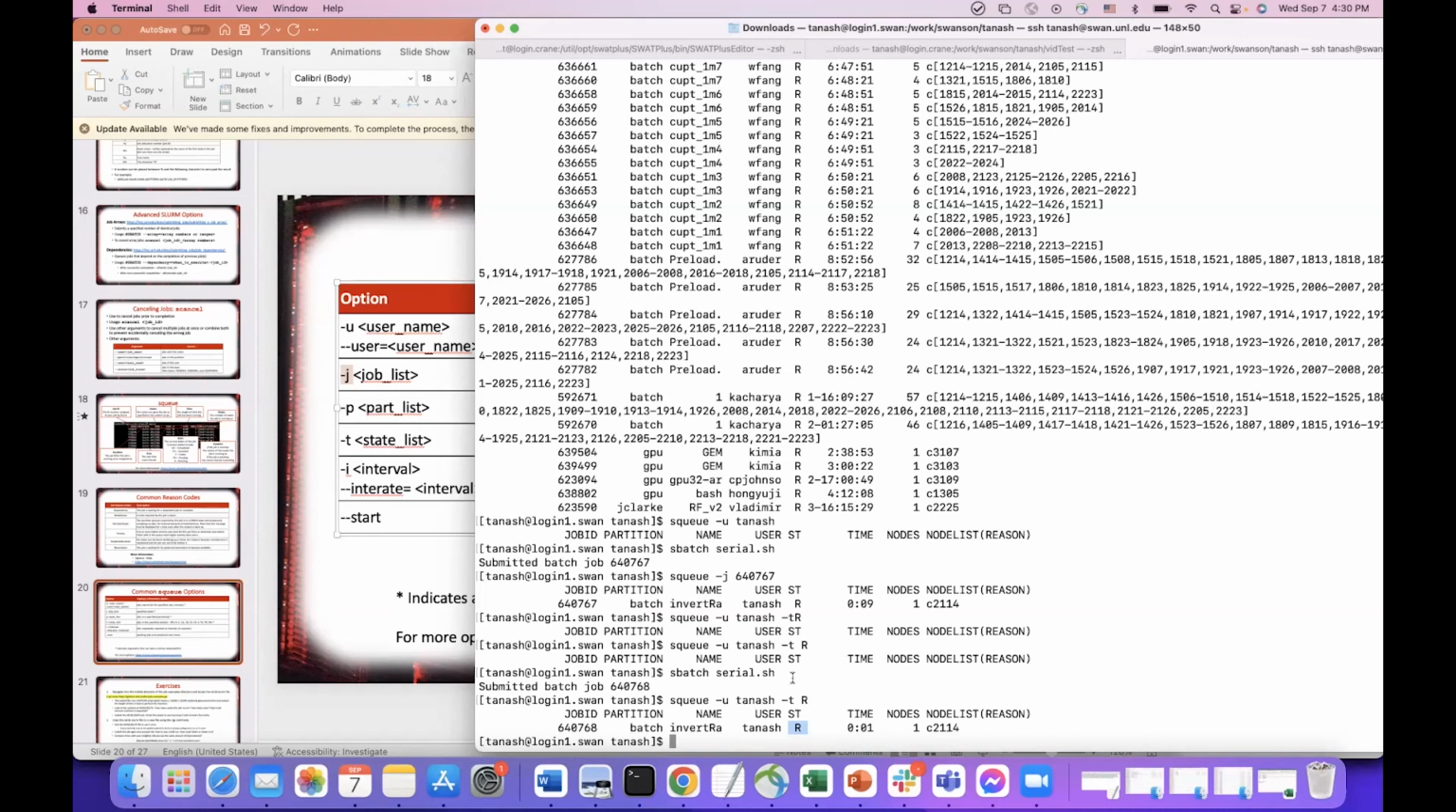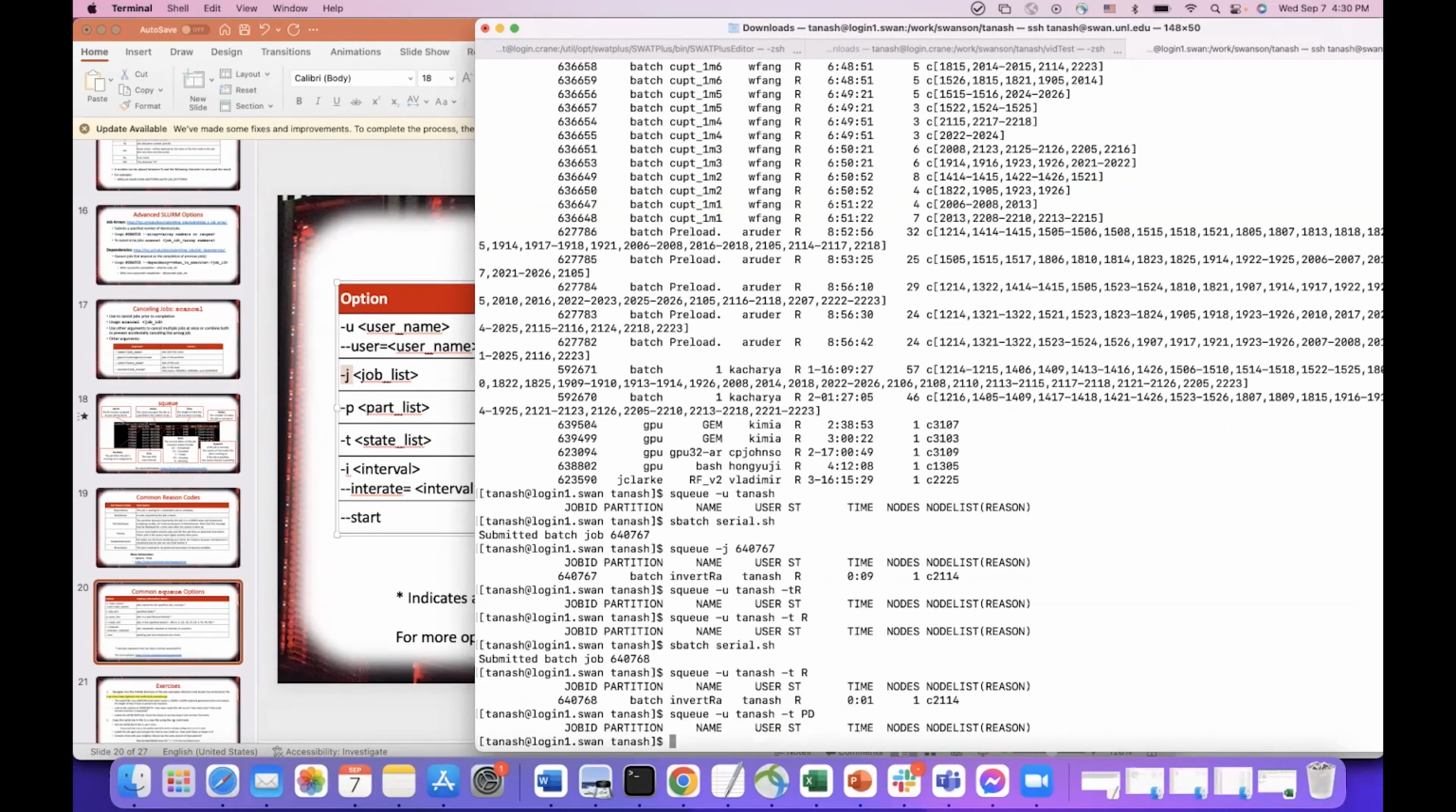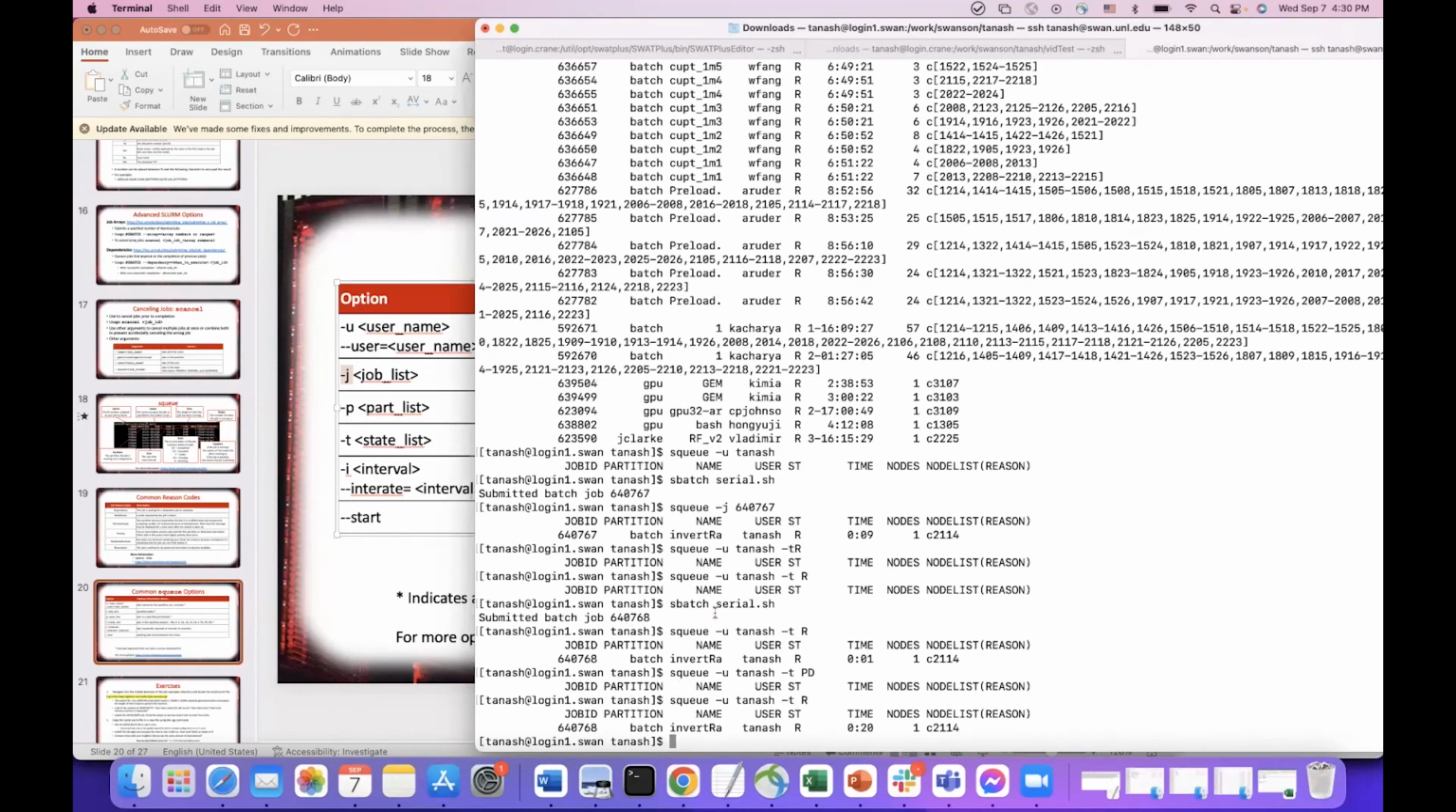For example, if I have 1,000 jobs submitted to the cluster, and I want to see just the pending or the running ones. For pending, I can use PD. I don't have any pending. But if I want to see just the running jobs, I can do running. So those commands are very useful and helpful for you to monitor your submitted jobs